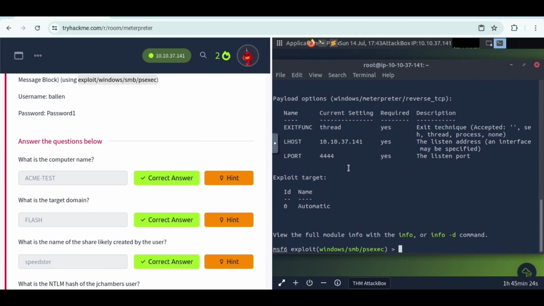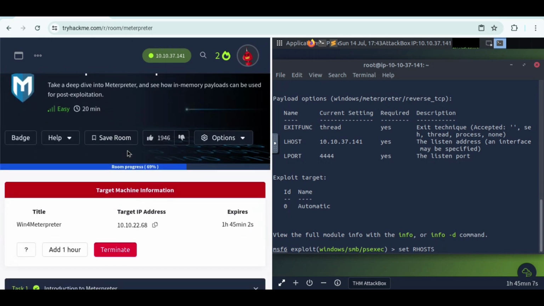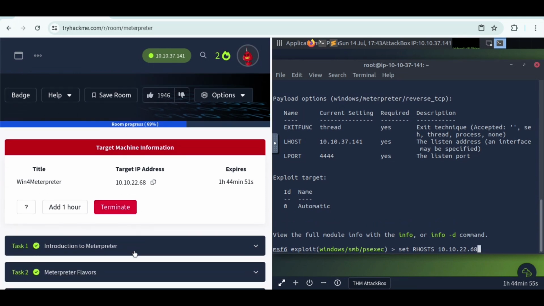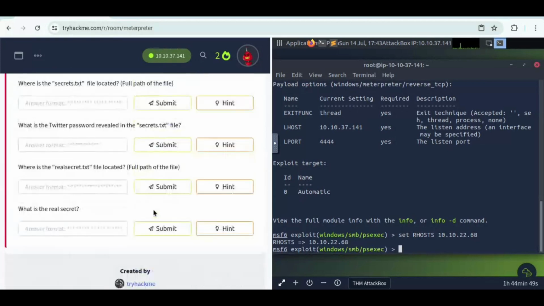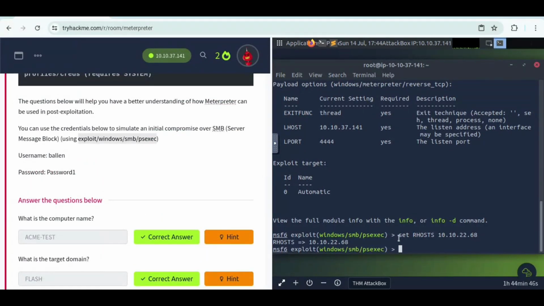So let's get started. First we're going to start with set RHOST. Set RHOST space, it's going to be 10.10.268. I'm going to hit enter. So now I'm going to hit set